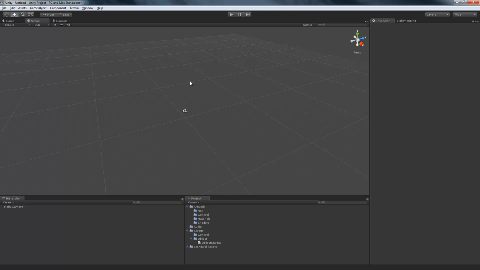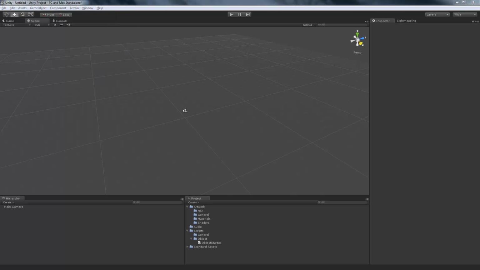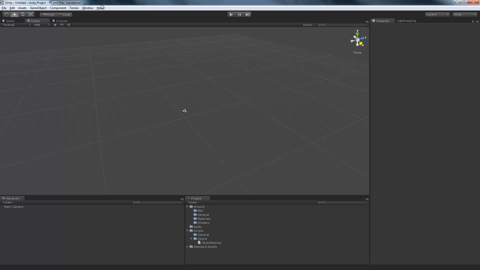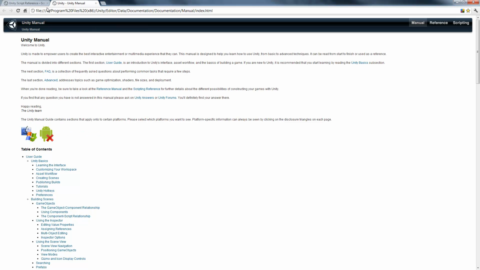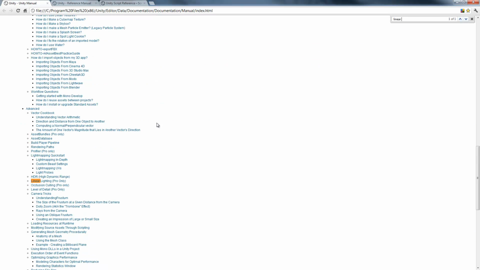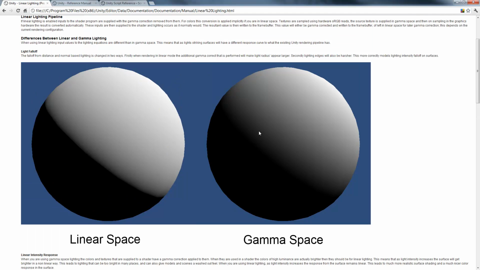later. So actually, if you're using Unity, you'll probably want to quickly open up the scripting reference quite often. It's invaluable for quickly looking up what a method's going to do, or how to do what you need to do. So I'm just going to open up all three of these, and we might just take a quick look around at some point. So I could have a look here at the new linear lighting stuff in 3.5,